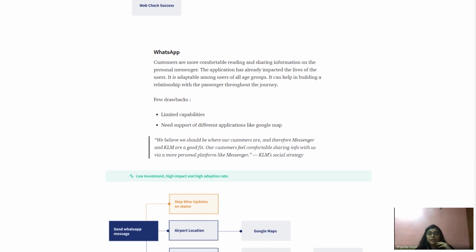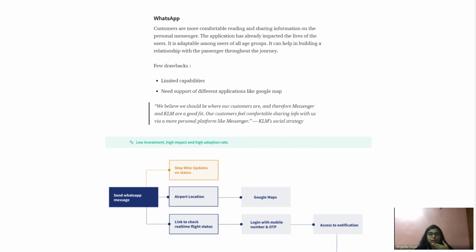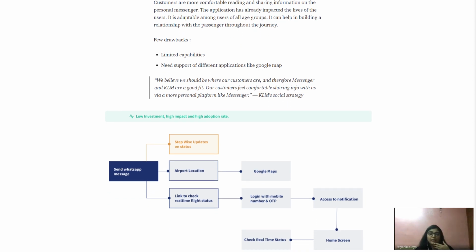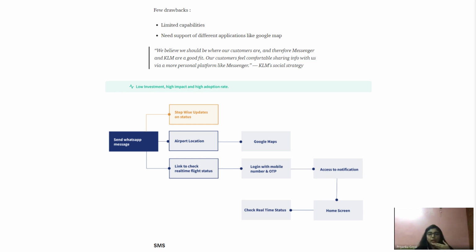Plus, WhatsApp message, I think that it is a good idea. Even KLM is doing it, since I have researched well, I know who is following these things. It includes fewer steps and it is easier to understand this flow. So I think that WhatsApp is a good idea to send a message about check-in, about the time delays, and all those things can be sent on WhatsApp. Plus, the adoption rate of WhatsApp is very high. People love to use their personal messengers all the time during their journey. So it is a good option.